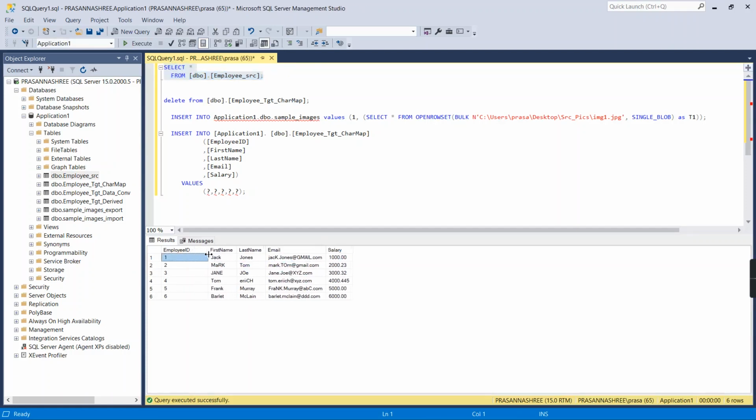This is my source data. I am going to change the first name to lowercase and the last name to uppercase. I can see here that there are lowercase as well as uppercase characters mixed up in the email ID, so I want to change it all to lowercase. I am going to apply the character map transformation on these three columns.